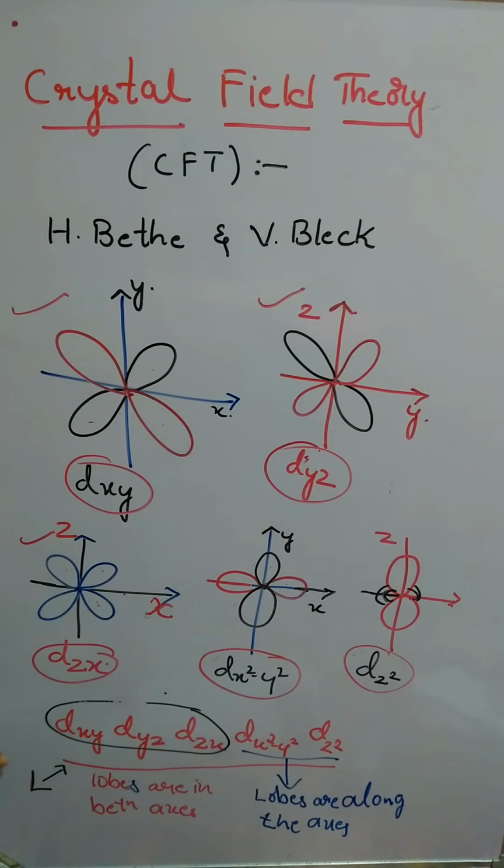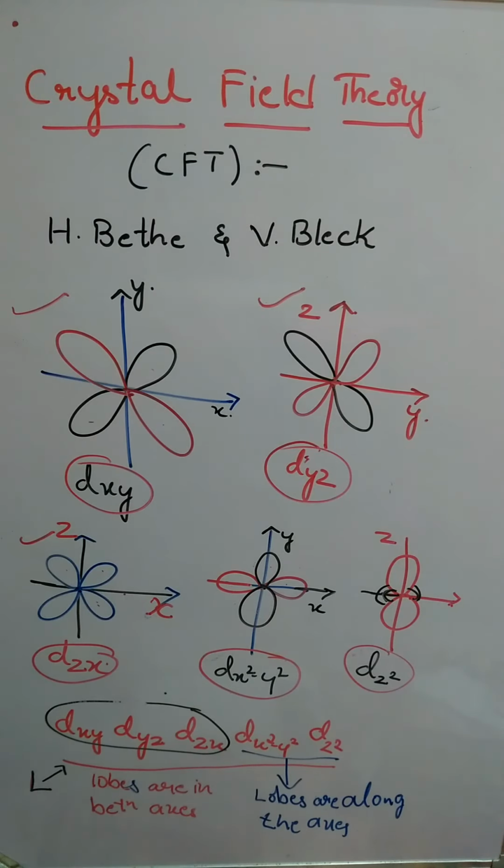So when a ligand approaches, if the lobes of the ligand and the lobes of the d orbital are in the same direction, then they will experience more repulsion